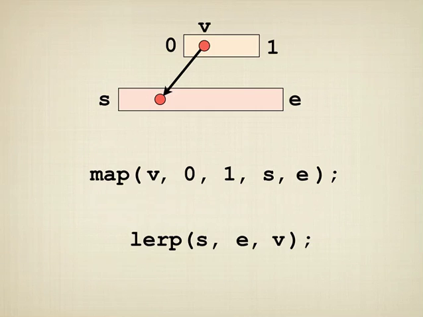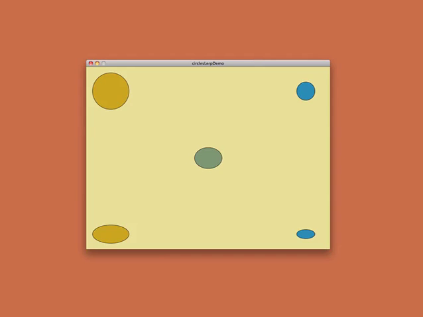Let's take a look at lerp in action. Here's a little sketch where I've put 4 shapes in the corners of the graphics window, and there's one shape in the middle. The shape in the middle is actually following my mouse, and as I move my mouse around, that shape changes. And it becomes like the objects in the corners the closer I get to the corners. So if I go up into the upper left corner, it becomes a large orange circle. If I move down, it turns into a large orange ellipse. If I move to the right, the ellipse gets smaller and bluer,